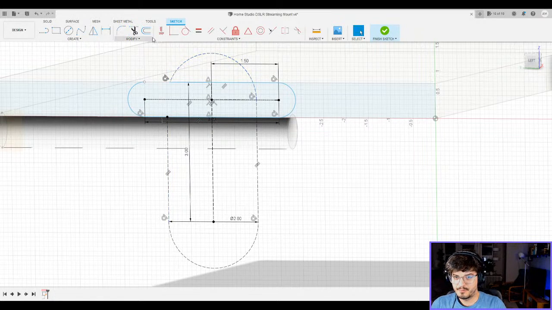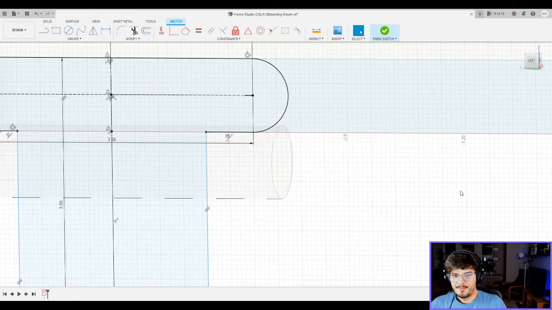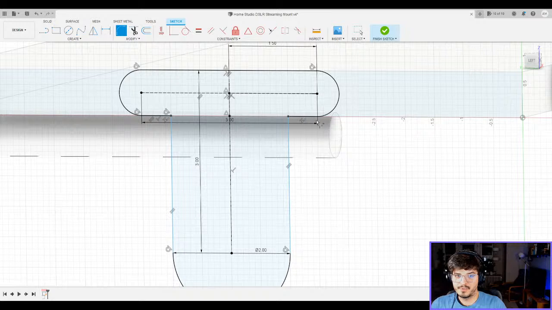Oops, I removed too much. There we go. And I'm going to clip that, clip that, clip that, clip that. And I'm going to remove this and this. And I'm going to select all of that. Change that from a construction line. And I'm going to, again, fillet these edges. I know it's fillet. Don't come at me. 75. No, 75 is too much. 0.5 works. And same thing, I'm going to fillet these edges. Whoa. 0.5. There we go.